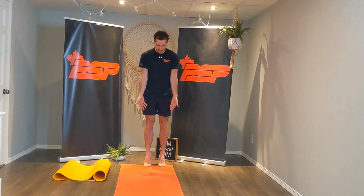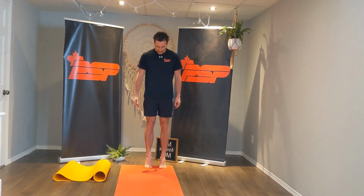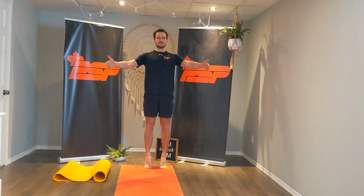We want to have a nice posterior pelvic tilt, our core is engaged, and our rib cage is down. While we're doing this, we want to try to prevent the knees from buckling in. That's going to require our glutes to be activated. And we want to try to avoid the ankles from falling out or in. Once you're able to have that nice, good balance, we want to tiptoe nice and slow across until we've reached